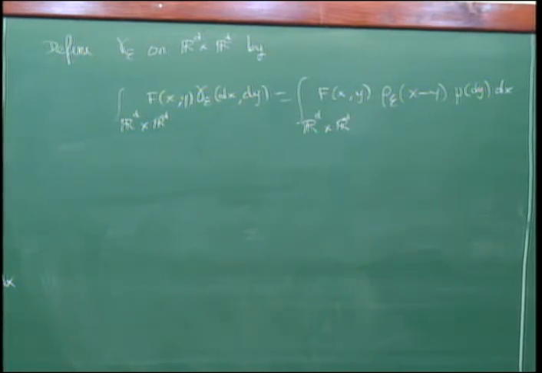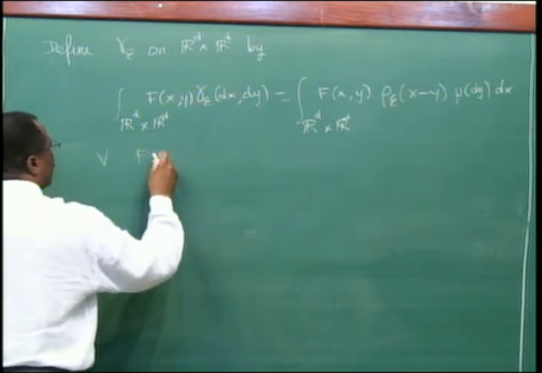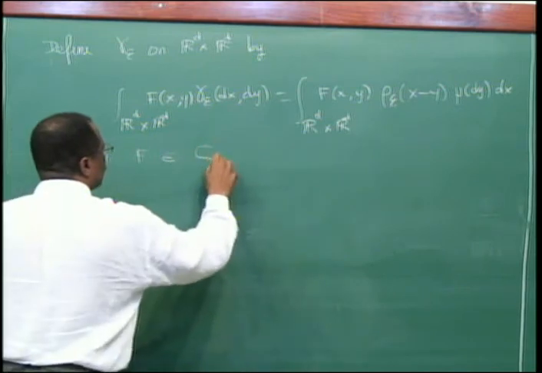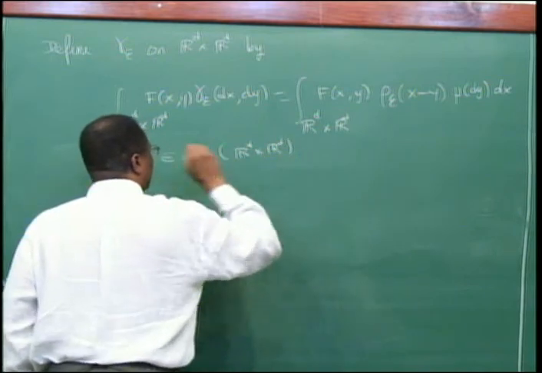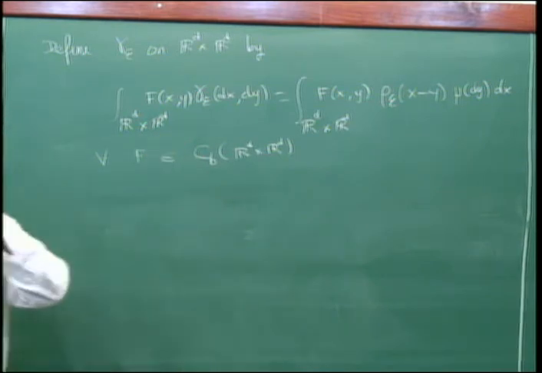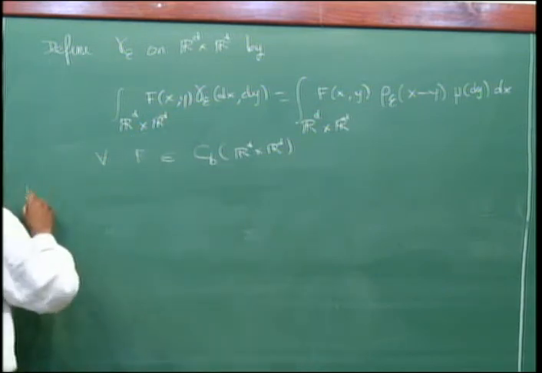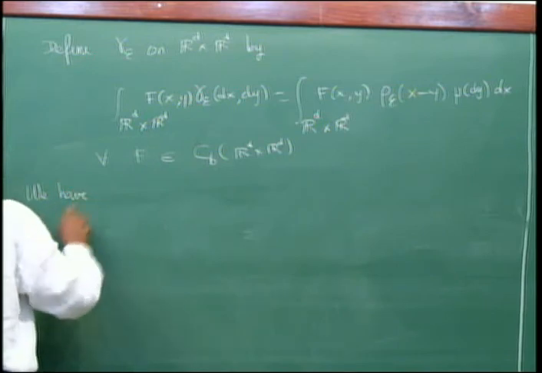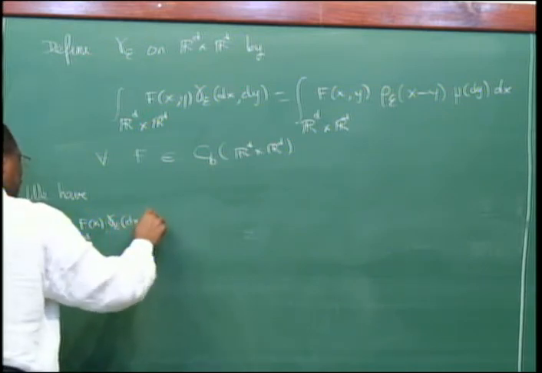Let us compute. This is the definition for all f which are continuous on Rd cross Rd and which are bounded. In fact, to define a measure, it is uniquely defined if I take f to be of compact support and continuous. Now, let f be a function of only the first variable. We have the integral over Rd cross Rd of f of x, gamma epsilon ds dy,